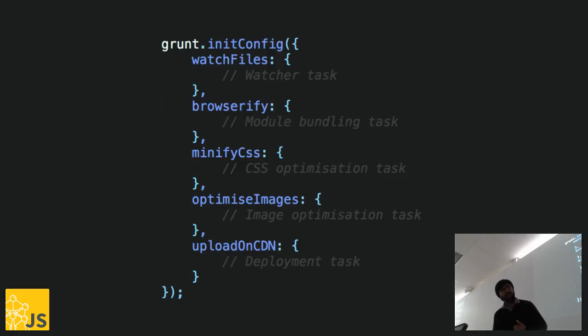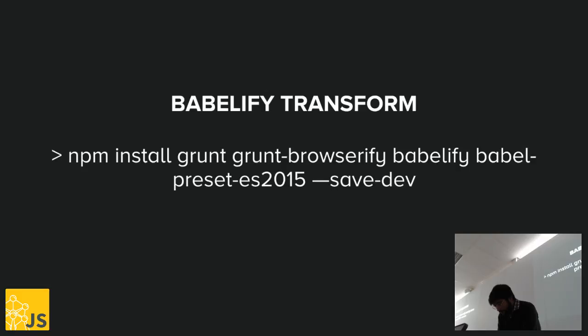Grunt is a really famous task runner. There is one more called Gulp, and they're very simple to use, have an easy API, and have a whole bunch of plugins you can use to build almost any kind of build system you want. Now using this with Grunt, you would want the Grunt Browserify task. So this is the task name for Browserify. Obviously you need Babelify and the preset. So once this is done,